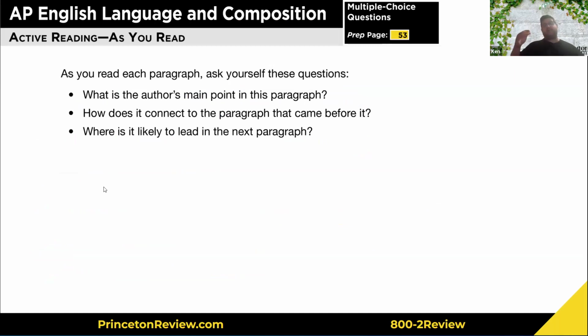You want to understand how it connects to what came before it, and where it is likely to lead next. When you are asked these questions, you're going to frequently be asked about the purpose or the main idea, much more than about hyper-specific details. So an active reader learns how the passage is structured. A passive reader reads every word and treats them as important. And that is what gets people into trouble on the Lang and the Lit exams.